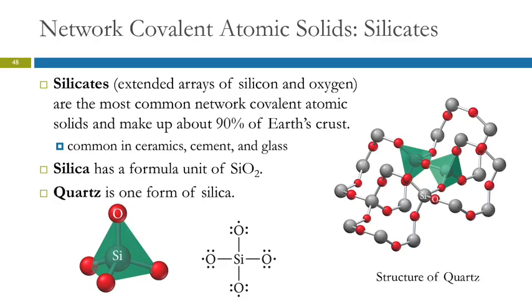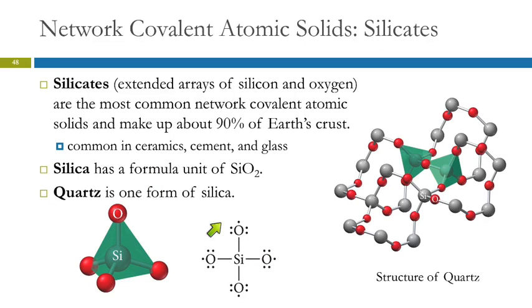Silicates are very common. They're the most common network atomic solids, and they make up about 90% of the Earth's crust. Sand is mostly silicates, silicon and oxygen. Quartz is one form of silica. There's a lot of different forms. So in this extended array, which is a little hard to look at because we've got a 2-dimensional screen and that's a 3-dimensional object, the silicon is in a tetrahedral hole between the oxygens. And then this oxygen would be bonded to another silicon